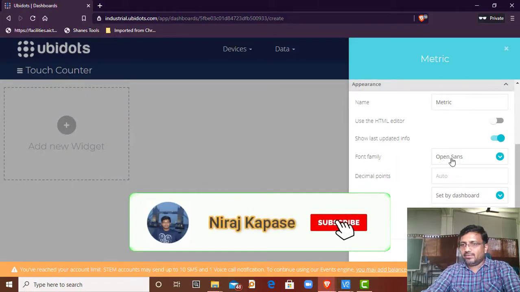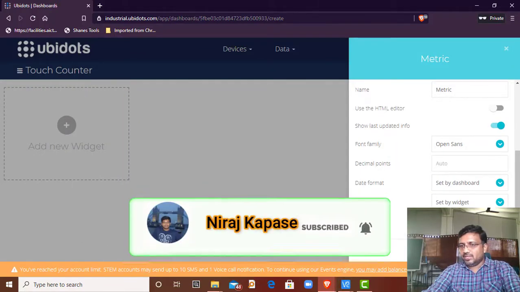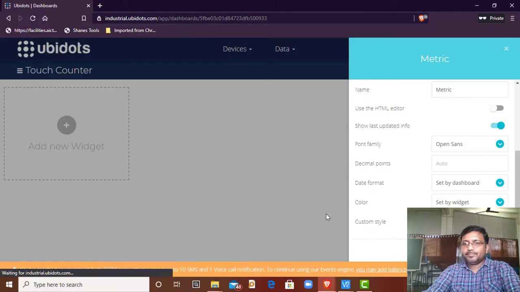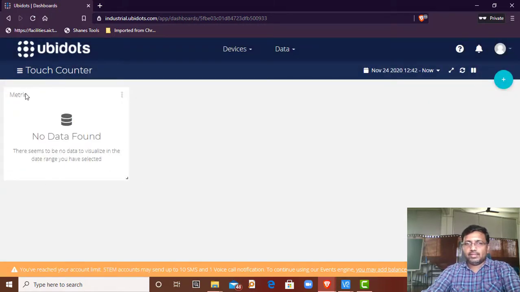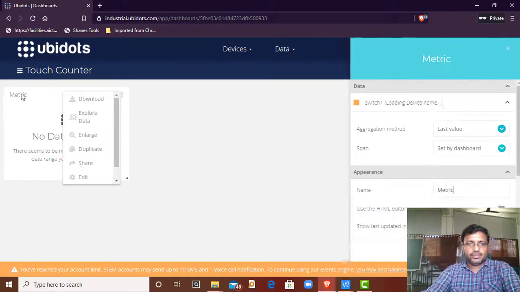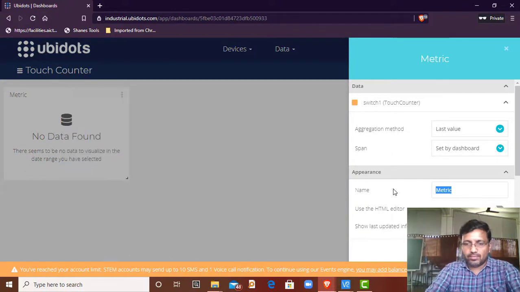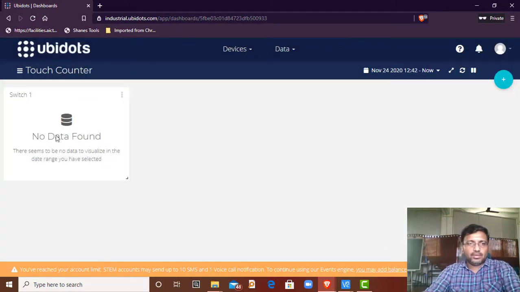So we can have a metric, and we can change the color and all. So click OK. So no data is found. So this is for switch 1. I can change this by editing it. Go to this and edit. So instead of metric I need switch 1 count. So I'll put there switch 1. Okay, so this counter is for switch 1.